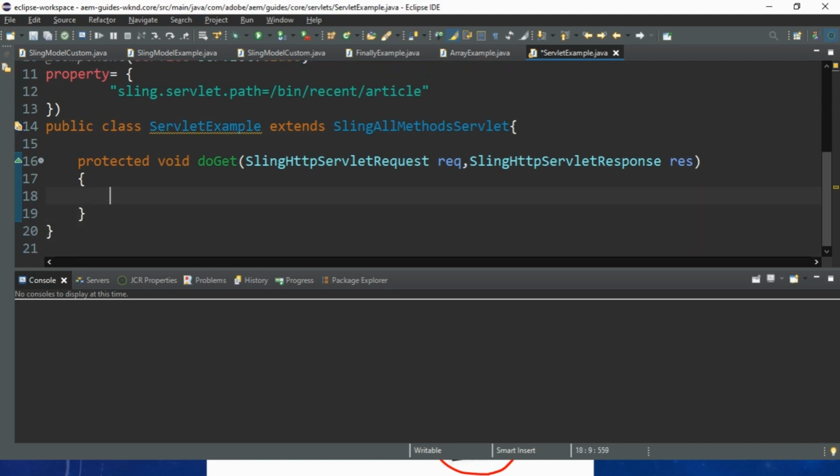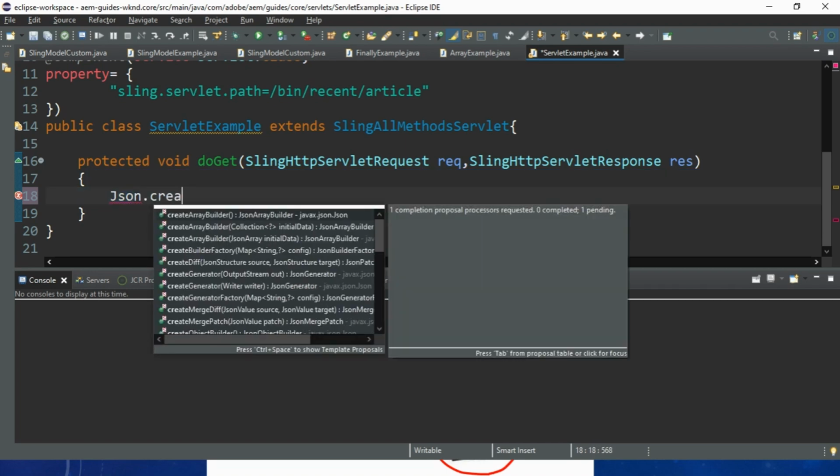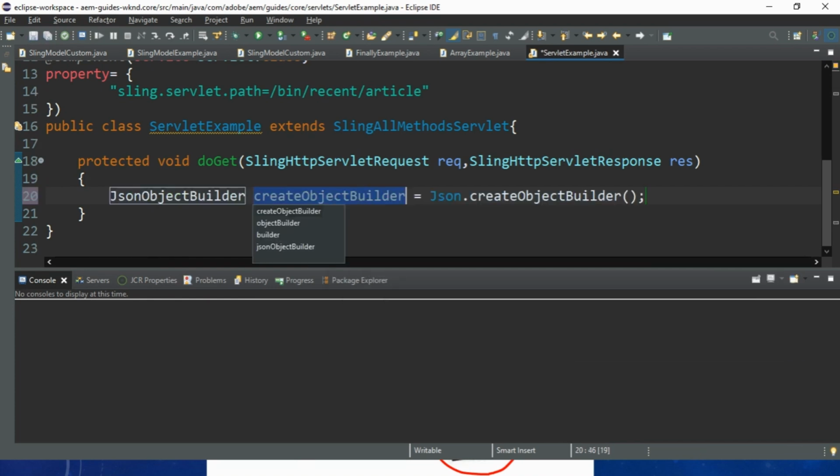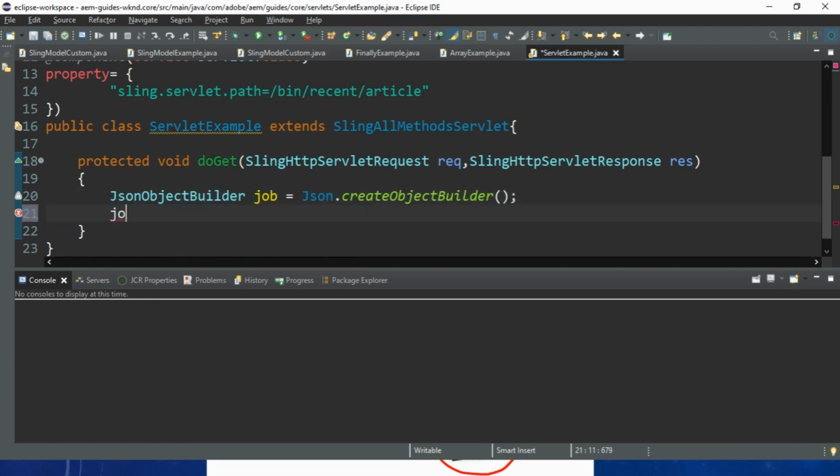So here I'm just writing one logic, like I'm creating a JSON object. So whenever somebody sends the request, that guy will get this response. Okay, so here JSON dot create object builder, that I have written, and it will return the object of the JSON. So we have to accept it as a JSON object builder. Here I have written, and inside this JSON object I am adding some key and value, like data,